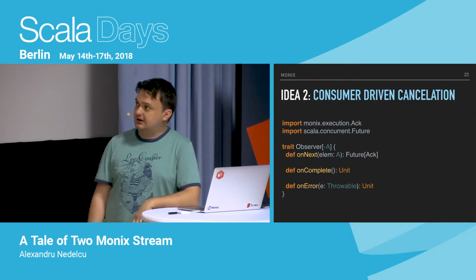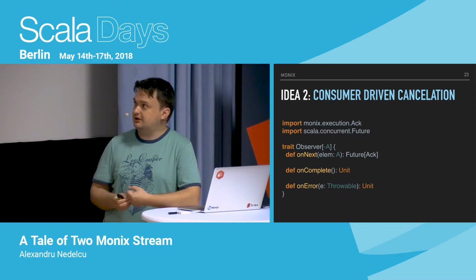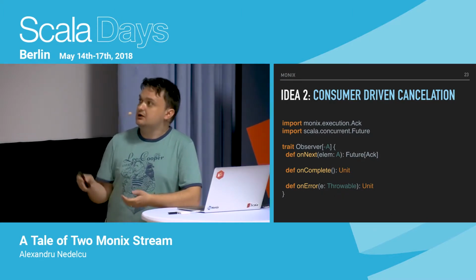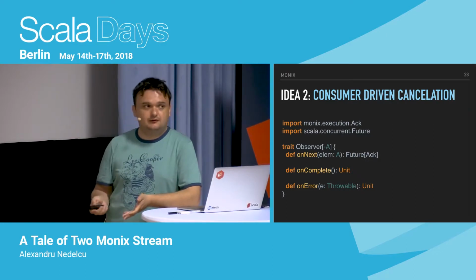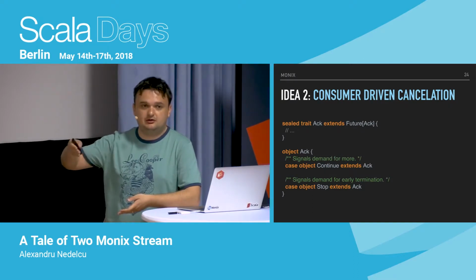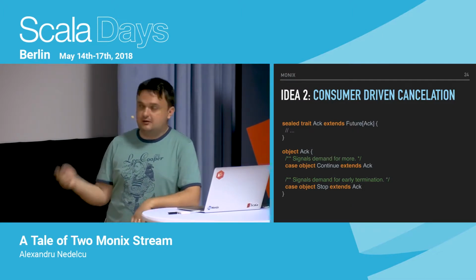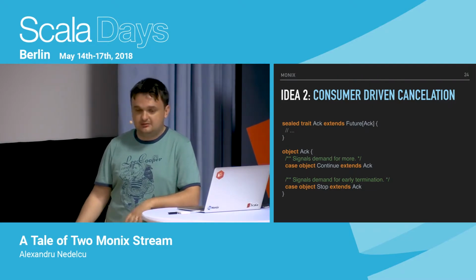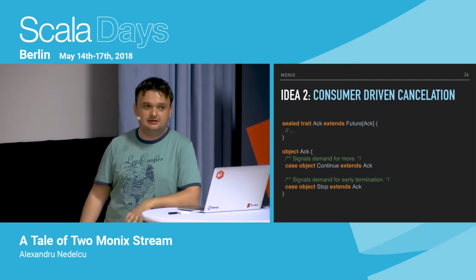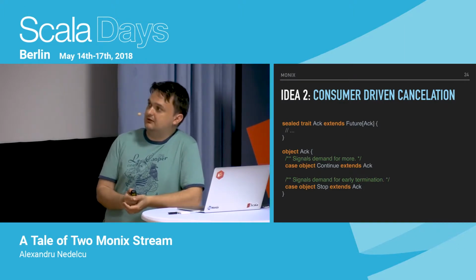The second idea I had was to introduce consumer-driven cancellation, which resembles Reactive Streams. So instead of working with a Future of Unit, we can work with a Future of Ack, the acknowledgement being a simple enumeration that tells the producer to continue or stop. And this is basically the full protocol. There are some low-level details in it, like what happens with the final onComplete event, is it back pressured or not. But as you may notice, it's still a very impure, low-level protocol. I guess that if you love working with Akka actors, you can also love this, but